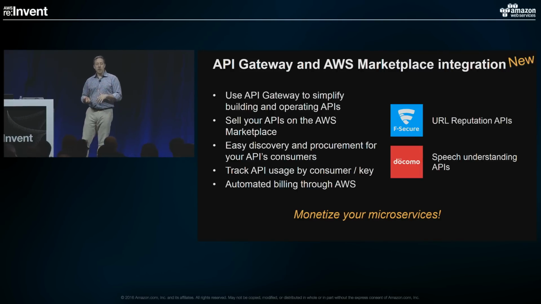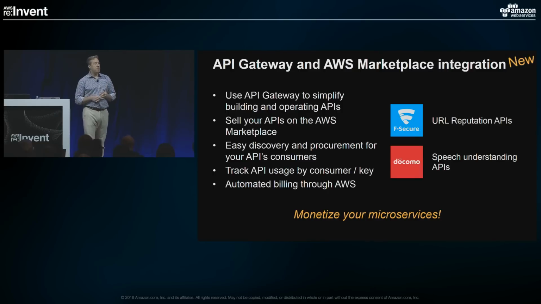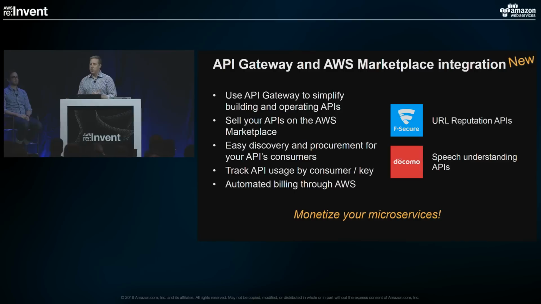And then once they're using it, you need a way to track that usage and turn that back into a billing mechanism. And so that's the other part of the integration that we're launching today, to provide that zero-touch billing support. So we automatically track the API usage. Thanks to API keys, we know who the consumer is, and we can map that back into their AWS account and send that bill to them automatically. You don't have to write any code. You don't have to generate those bills. No work at all. And this gives you a really simple way to monetize your microservices.